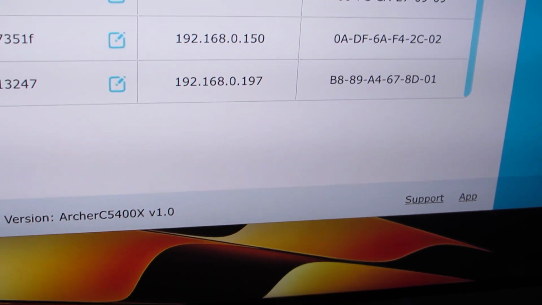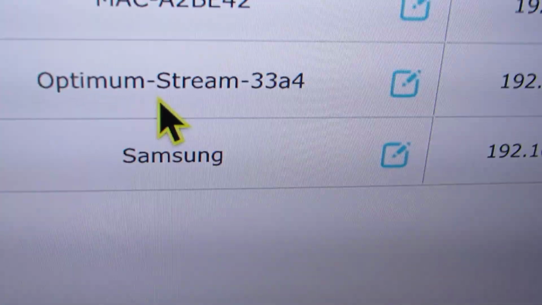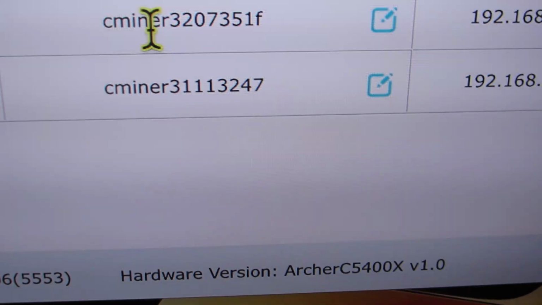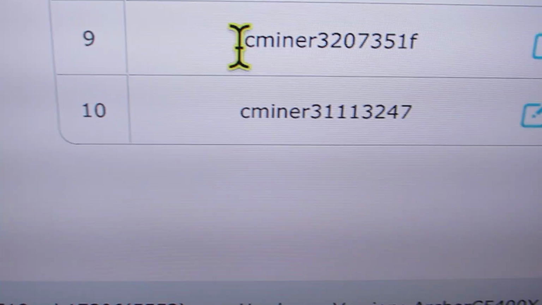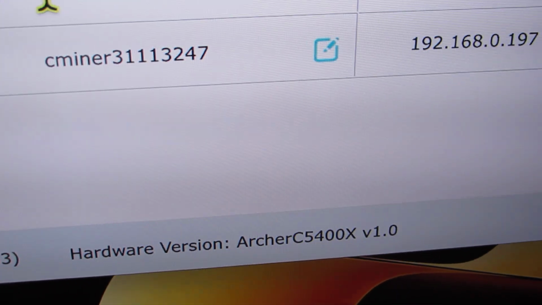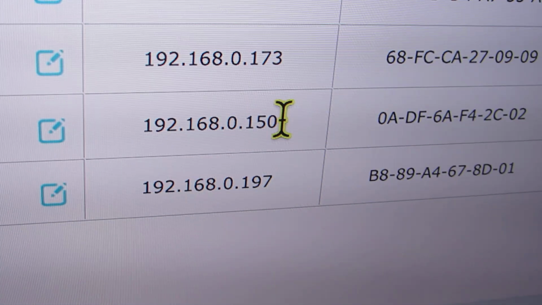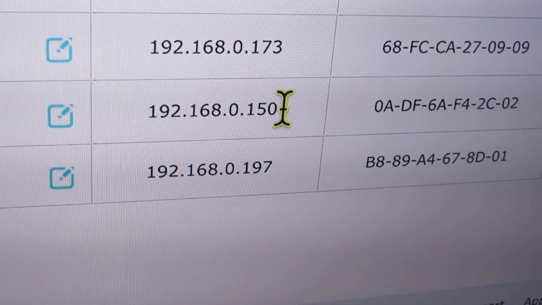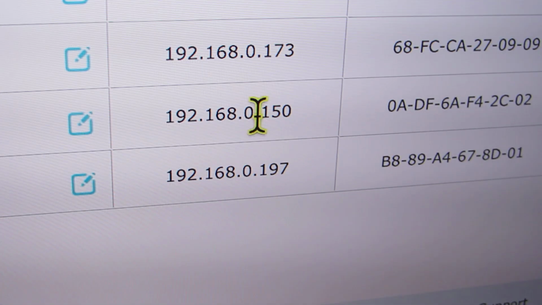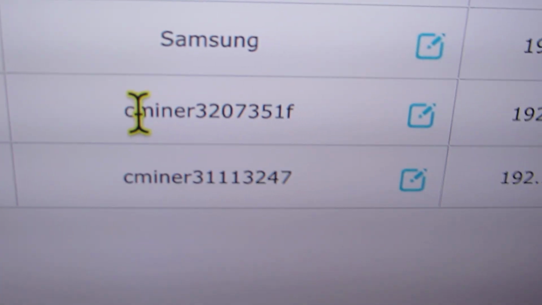This is the miner we're looking at right here. That's its name. Really try and clock that, because it moves. There it is. That miner right there is the miner that I'm selling you. You want to remember that when you're looking at your router settings, because this is where your miner will be. The address, it'll find an empty address. It most likely may not be this matching address, because it'll find anything empty. So I don't know what your numbers are, if this is empty on yours, or even if you have a 0 here, but it will set a number. But when you find this name right there, that'll be where that